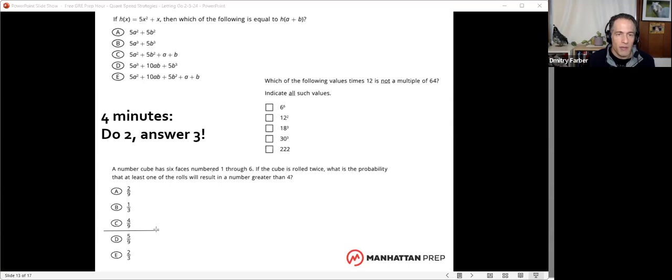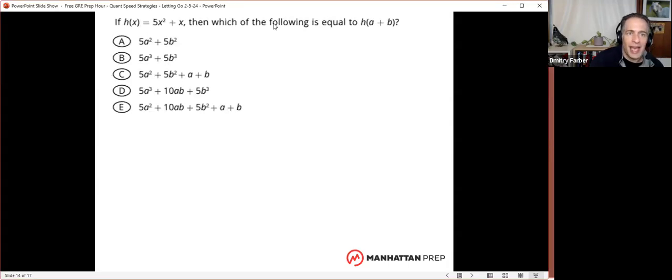Okay, well, let's run through all of them. So the first one, what, if anything, makes this hard? Partly it's just what do they mean when they say h of x? And to some extent, they're telling you, but that might not be a comfortable thing if you haven't seen that notation before. So in general, when you see f of x, h of x, g of x, whatever, even if you see a Greek letter or some weird symbol applied to it, it just means do this. So they're saying